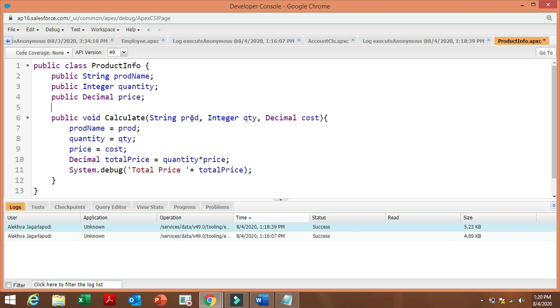So here product, quantity and cost are taken as input parameters, and then these two parameters are matched using equals, and then total price is calculated using a formula, and then debug log is used. Let's save this first. Next one, we'll execute this.